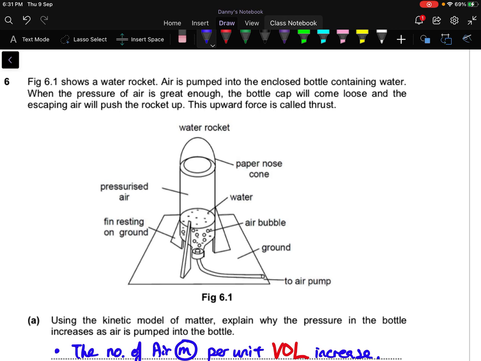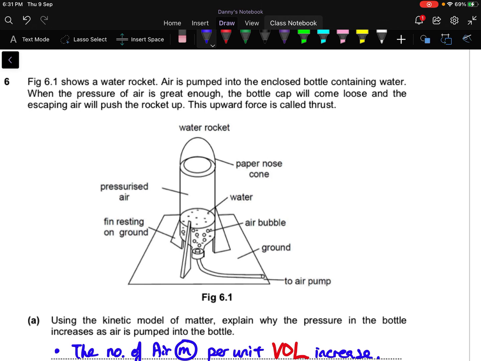For question 6, it is a composite question. In part A, we are testing you on your knowledge of the kinetic model of matter. And then for part B, I'm testing you on Newton's third law. So for your question 6, it is the standard question asking you how would the pressure change when I trigger